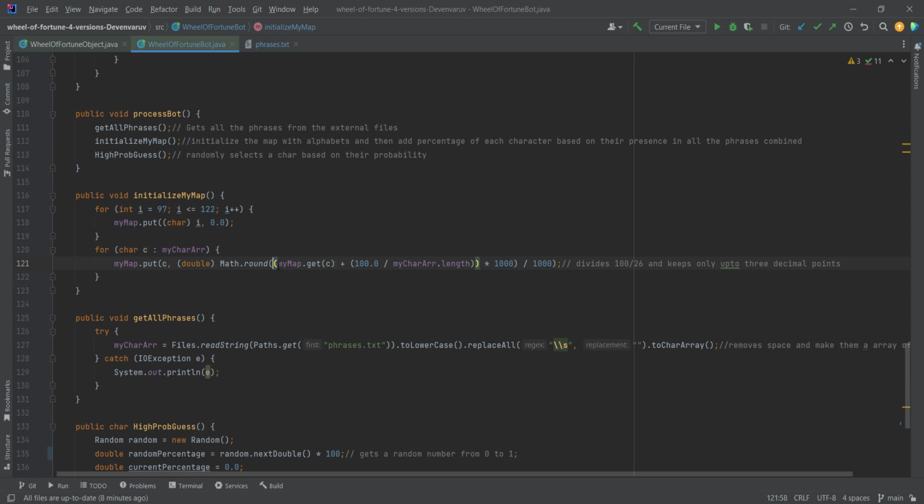Okay, so I explained this one, but what are we doing with the 1000 and divide by 1000 and Math.round, right? So we get this value, but we're using double, so it's going to have a lot of decimal points. But for our example, we don't need that kind of accuracy. We just need 2 digits max. So what I'm doing is multiplying this by 1,000 and doing Math.round. Math.round is an interesting function. It rounds the number, so it removes the decimal points, and then we